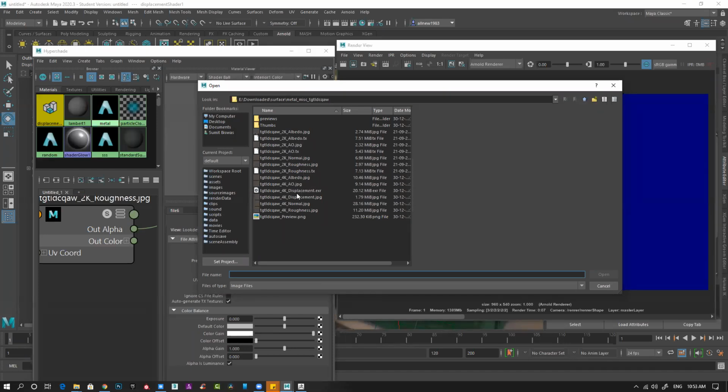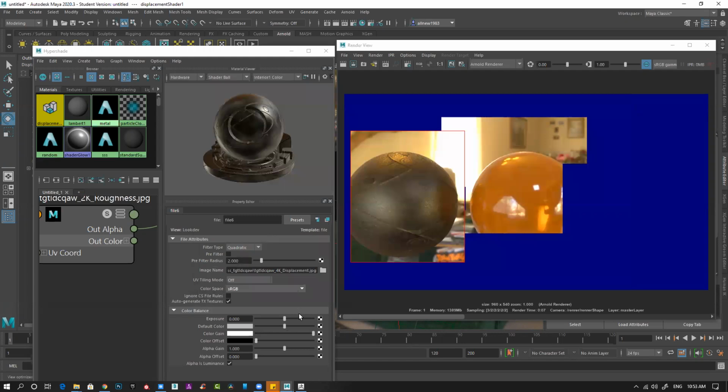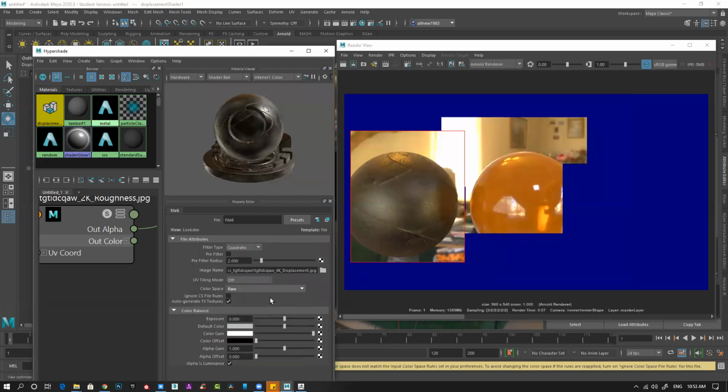You can select EXR, you can select JPEG, you can select any one of them. EXR is a raw file, so that is something recommended for displacement. Use a raw file, that will give you a better result. Or if you want, you can use a displacement JPEG also. Like this kind of thing, it works perfectly. Apply. You applied it and make sure change is to raw.